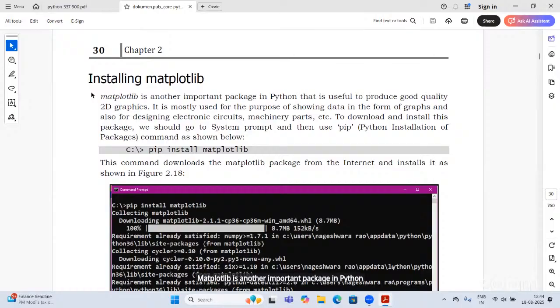It is useful to produce 2D graphics, different types of graphs based on data. Good quality 2D graphics. The same command: pip install matplotlib, without space in matplotlib.